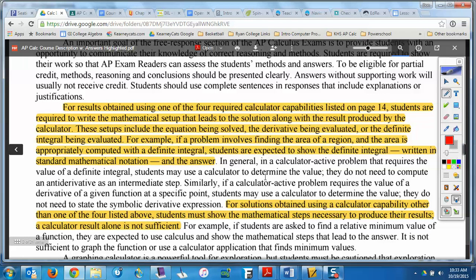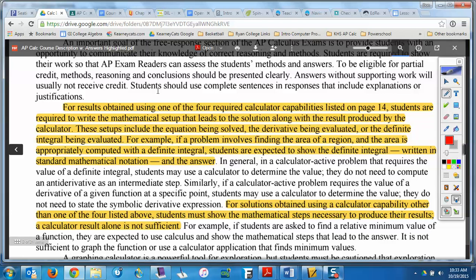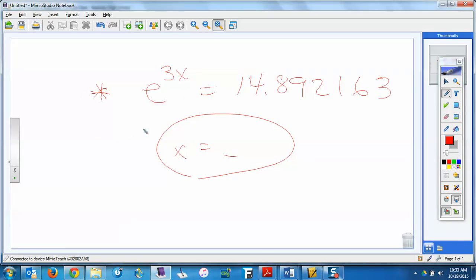I thought somewhere it said something about not writing it in calculator notation, but whatever. And you'll see what we mean by that later on. Okay, so that was what I was looking for in those questions.